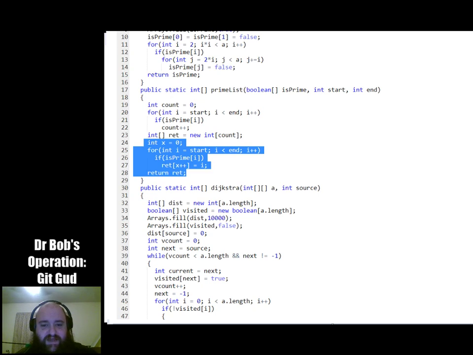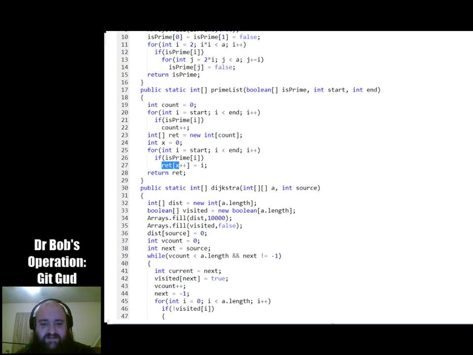So we start with x is 0, so that's going to say, okay, the 0th prime is here. And as soon as we find the first prime, we're going to set the value at that location equal to the index where we found that prime, and x++. Now, this right here, x++, for those of you who don't know, what it does is it returns the value x and then increments it after the fact. So that's doing two things at once, really. I'm just saving space.